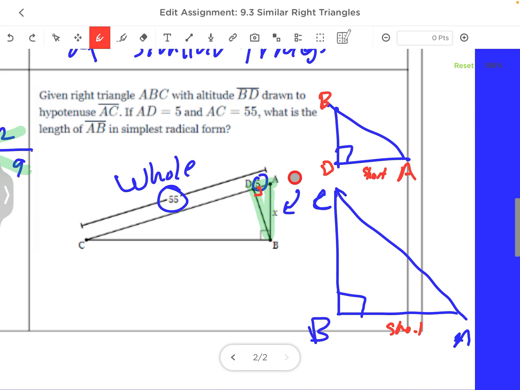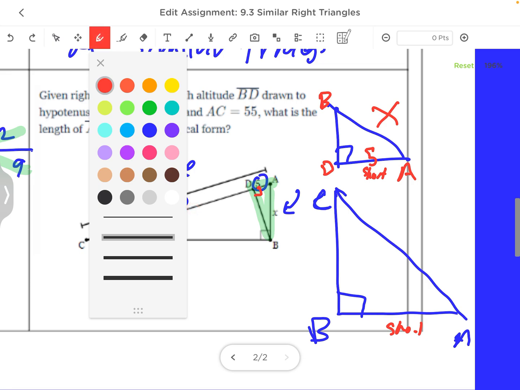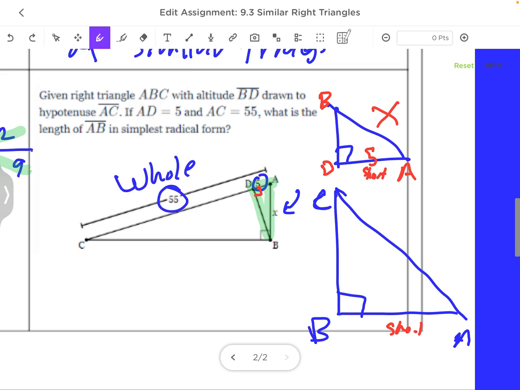Okay, so now let's set up our proportions. A to D is 5, right? This much is 5. Okay, and they want us to find x, which is across from the right angle, right? That is the hypotenuse, right? So this is what we're trying to find, right? So now let's see if we can set up a similar proportion. So on this one, on the big one, right? Let's do this just to kind of make it pop well for us, right? If we know that this is